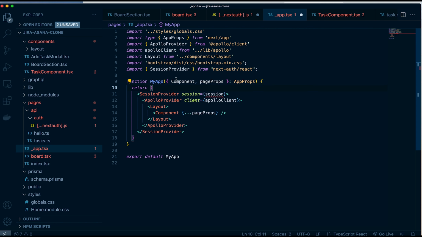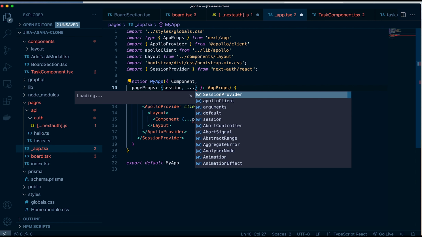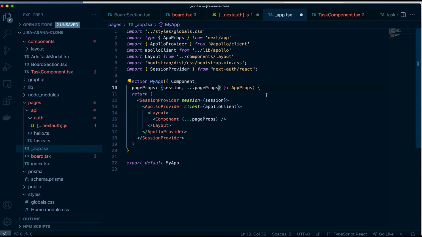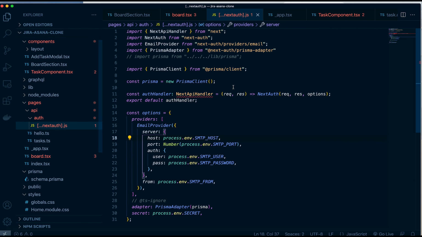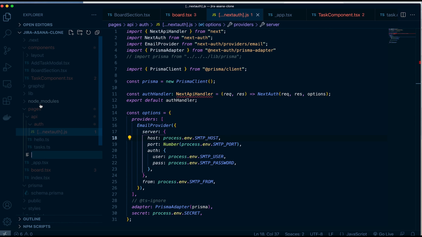Or it can find name because we also need to pass it in here. So let's do component, and then for the page props, it would include both the session and then the rest of the page props. Login page, and to test out this session and how it works, pages, new file,